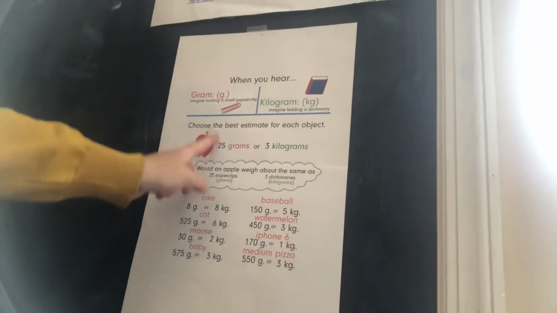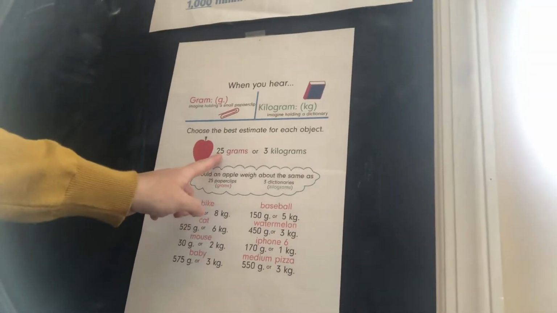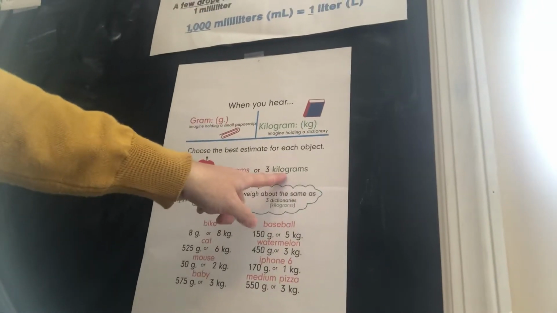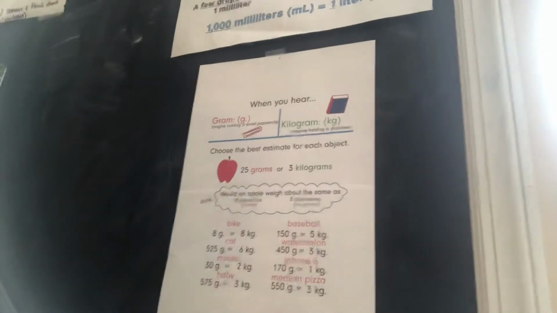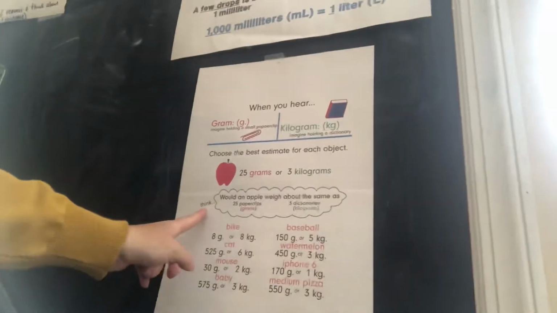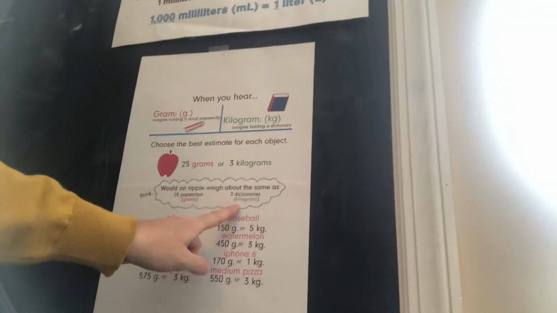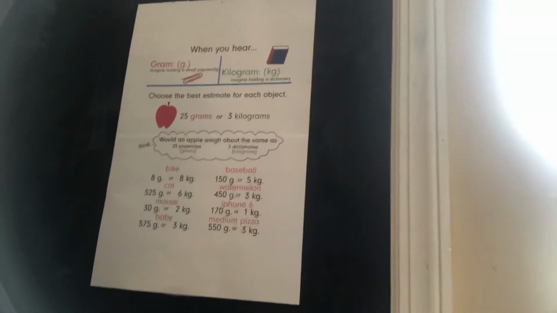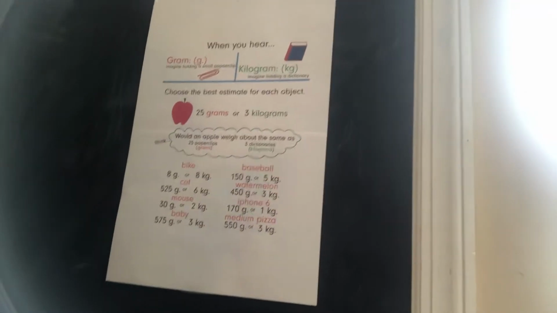So here we have an apple. Do you think an apple is going to be 25 grams, which would be 25 paper clips? Or do you think it would be 3 kilograms? Do you think an apple feels like holding 3 dictionaries in your hand? So we have to think. Would an apple weigh about the same as 25 paper clips or 3 dictionaries? What do you think? Well, if you said 25 grams, you are correct, because an apple does not weigh 3